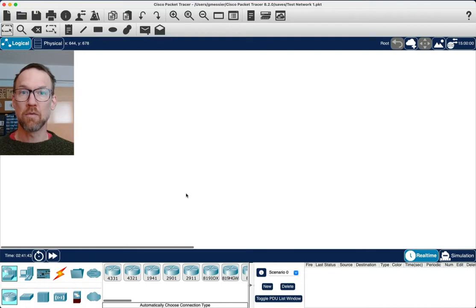We're going to be using real-time, so we're not going to be touching the simulation mode. I should say, at the outset, Packet Tracer is a hugely sophisticated tool. You can do all kinds of super cool stuff in it. If you're curious, I really encourage you to take a look at Cisco's online courses and all the tutorial videos that are available online as well. But for the purposes of 573, we're going to be using a fairly basic, very small subset of all of